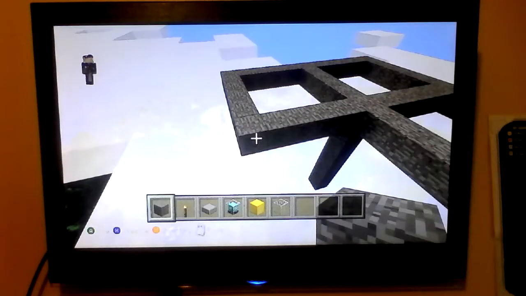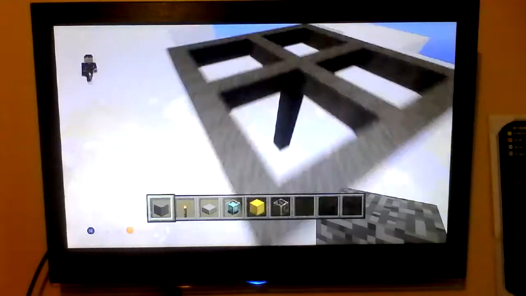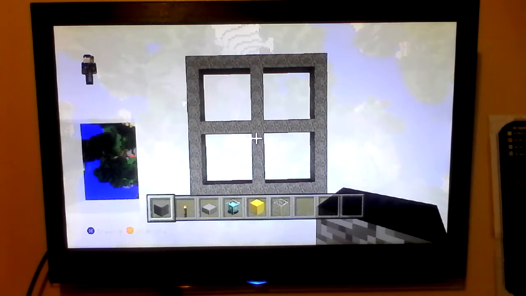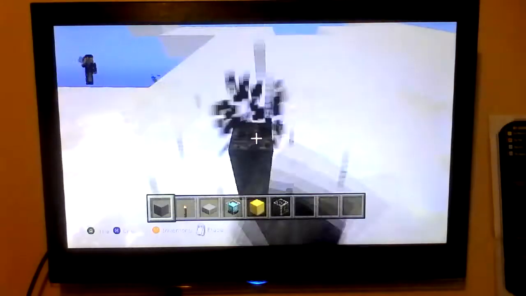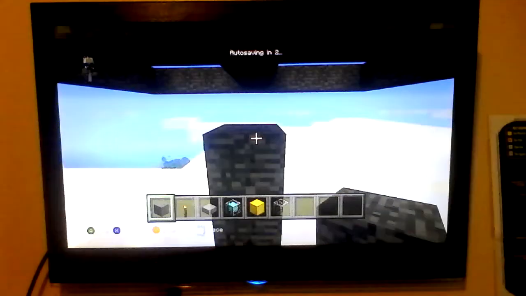So you're going to go forward like I did over there. Then you're going to do the same here. So then it's going to be like a big, giant window. Okay? So that's what it's going to look like. Big, giant window. And then, what you're going to do is get rid of the pillar. But before you do that, though,